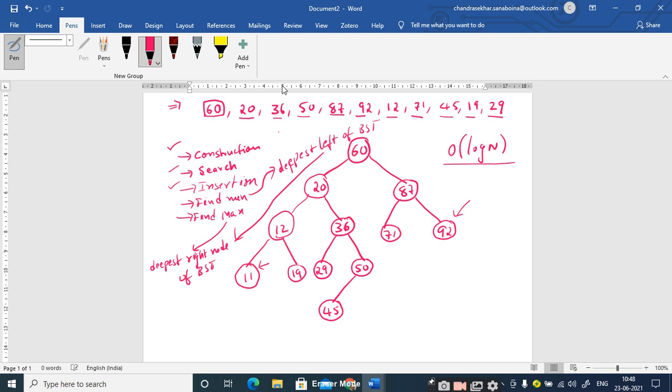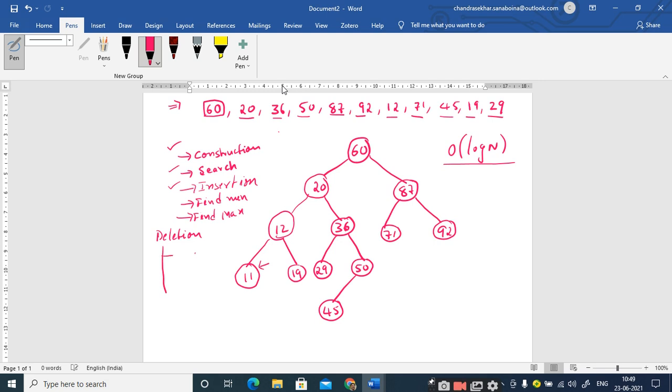Right. So I think we have enough time to discuss deletion also. Let me complete this deletion also. So for the deletion operation, please be careful. It is also easy, but we need to discuss 3 different points. So you want to delete a node from a binary search tree.